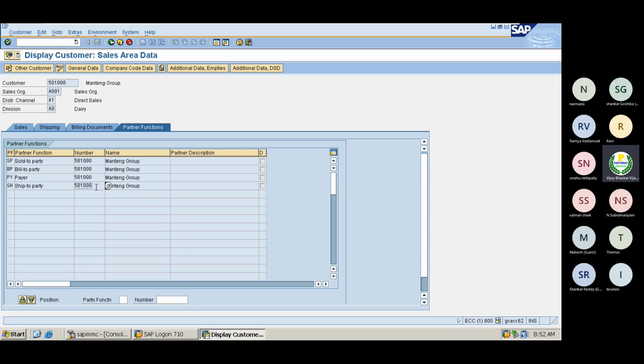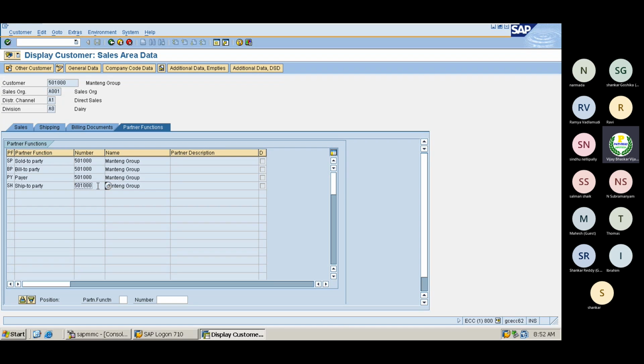Just for the time being, for understanding purposes, I have maintained the same customer number here. Maybe my ship to party number is different, because I am shipping goods to some other person, and that person will have a separate address. Each and every partner I would need to maintain a separate address.